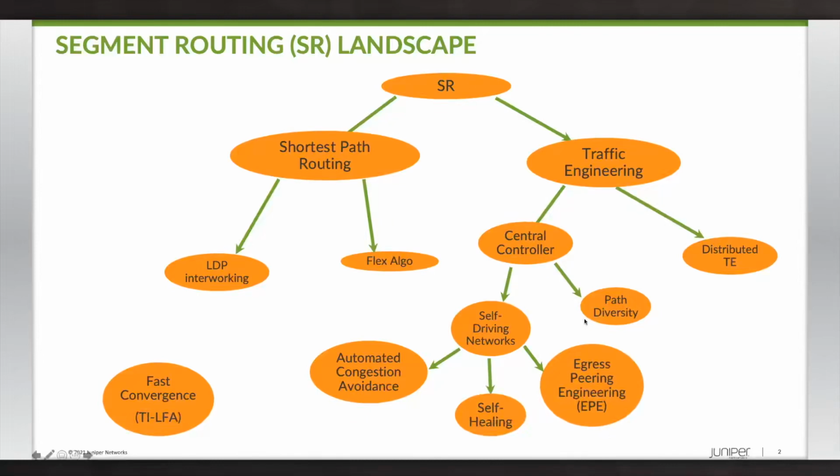And then the other branch on the left-hand side is shortest path routing. And people often use SR as a vehicle for migrating away from LDP using the SR version of shortest path routing. And also an aspect of shortest path routing is Algo, which we'll be talking about a lot during this session. And then BGP Classful transport, that's another topic for today, but it's not in this diagram because this diagram is talking more about what happens within a given domain. Well, BGP Classful transport is talking about how we glue different domains together.